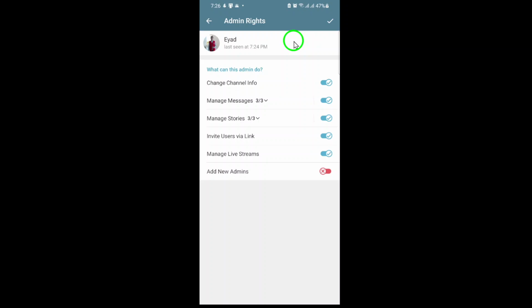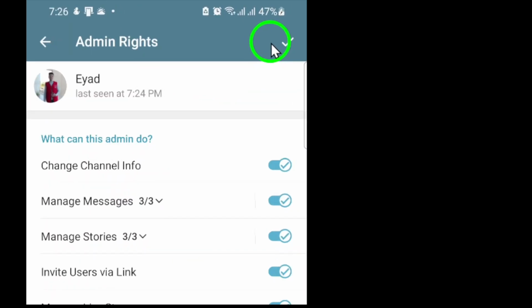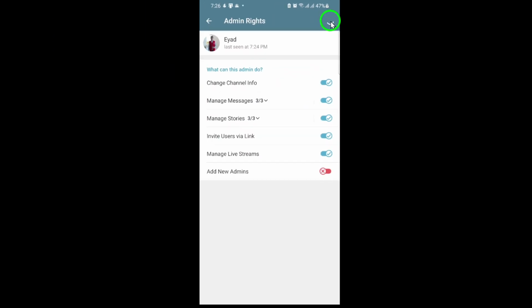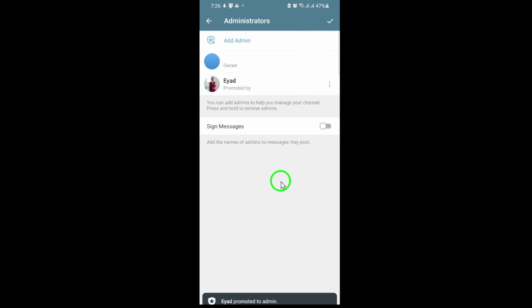Telegram will now show you a list of permissions you can grant to the new admin. You can customize what they're allowed to do, like managing messages, adding new subscribers, or even adding more admins. Set the permissions according to your needs, then confirm your choice. That's it. The selected contact is now an admin on your Telegram channel, ready to help you manage and grow